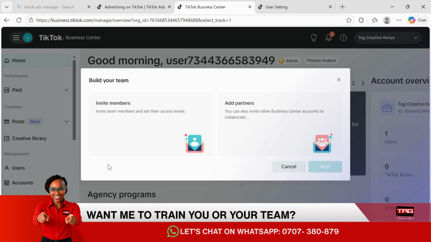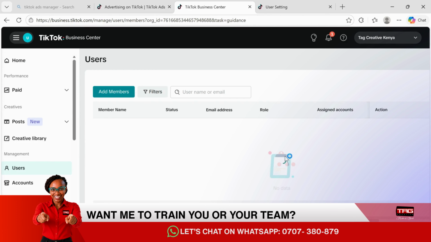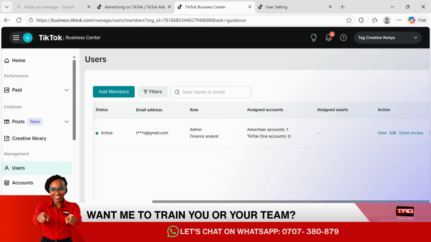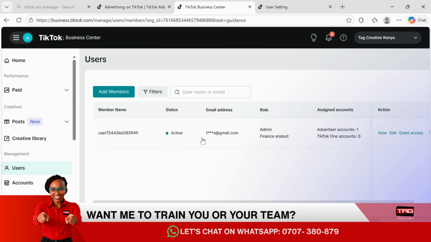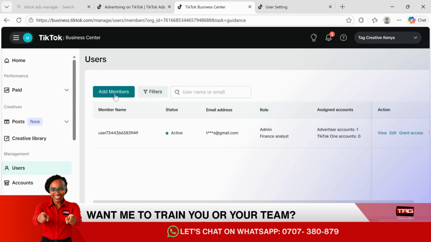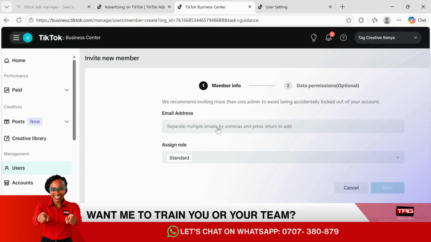So you just come, start, and then invite members, and then select. So it depends. Do you want to invite a team member, or you want to collaborate with other business accounts, like a partner? So you invite member, and then select next. Once you get there, you'll see a list of all the people that you have given access to. To add new members, you just select add new members, and then you enter the email address of the person that you want to invite,